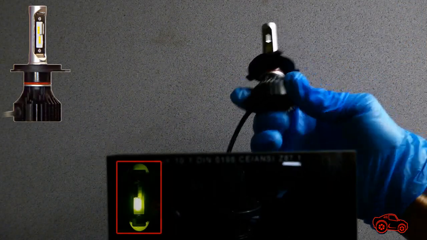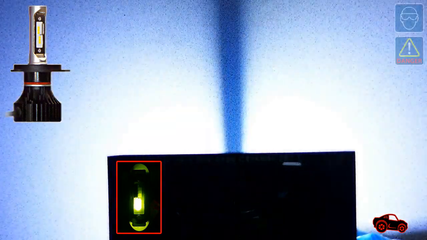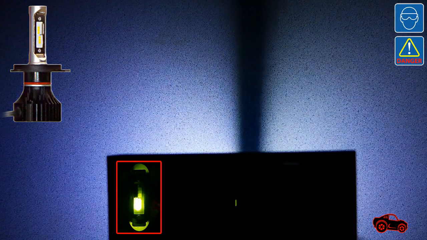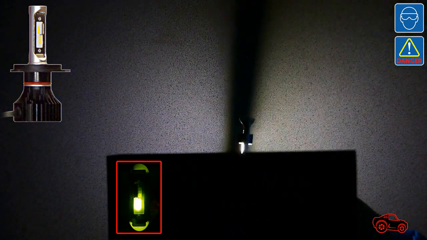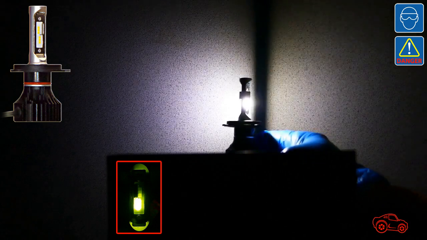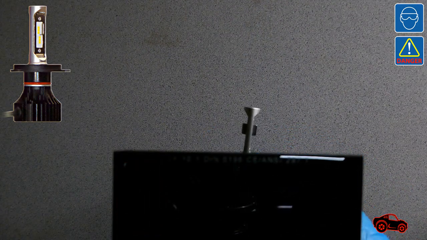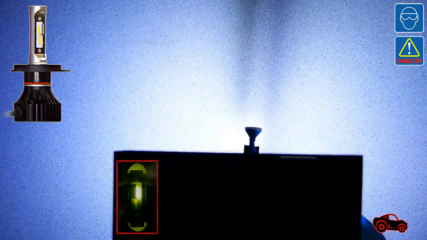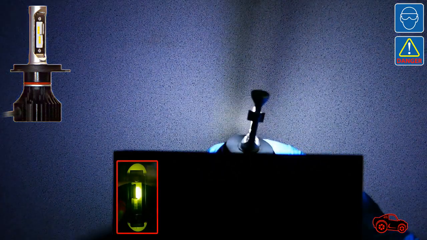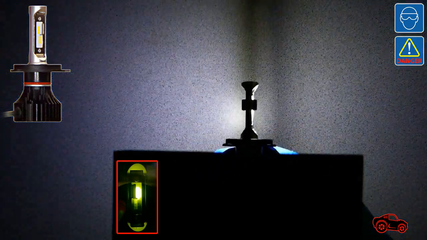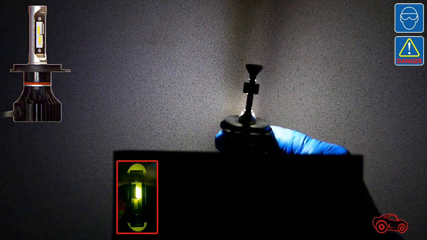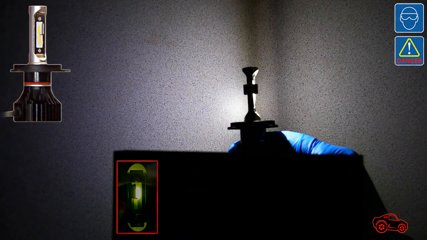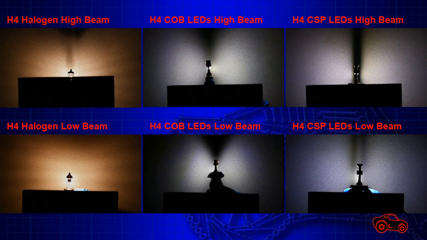In this other video clip, the high beam terminals are connected and only the high beam CSP LEDs are energized to produce a good dispersion of light, except for the central shadow stripe. In the next video, the low beam terminals are connected to the low beam CSP LEDs. The low beam shields are also used to reflect light towards the central shadow stripe to better illuminate the upper side of the headlight assembly reflector. Here you can quickly compare the 6 different bulb light patterns that I filmed.